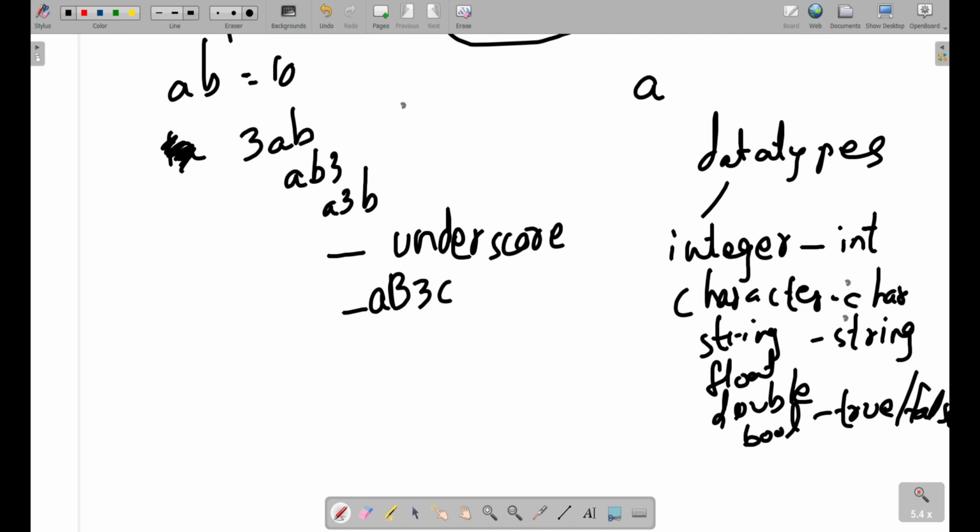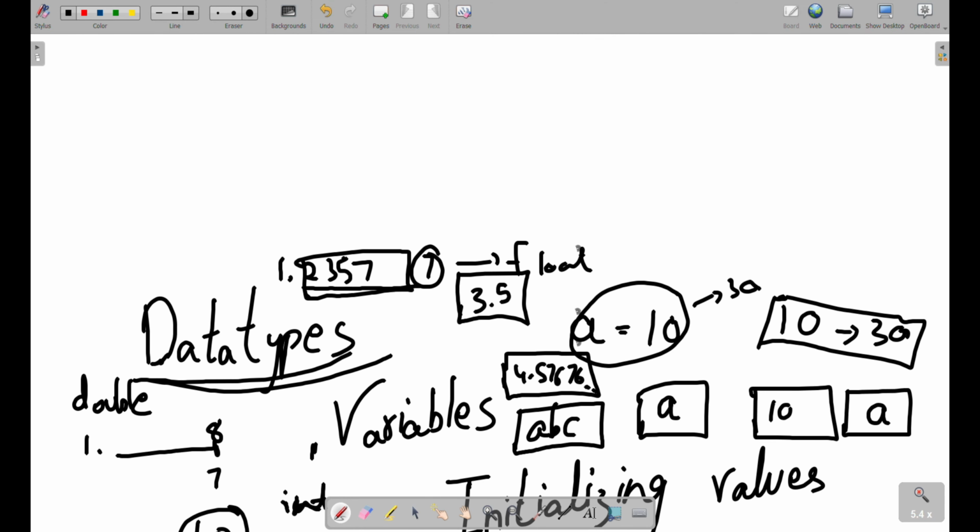Only for integer and character we write the short names int and char, and also for bool we use the same name bool. Bool is used to store either true or false value. So these are data types,